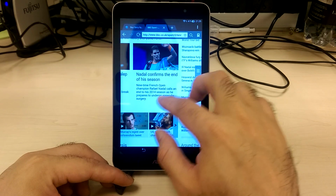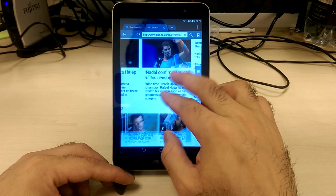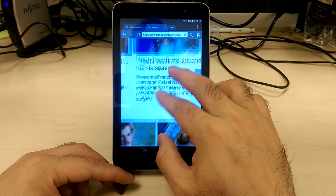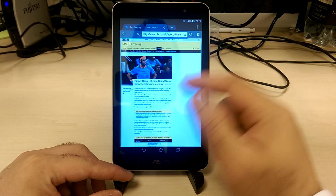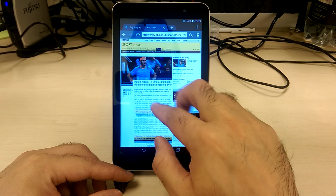Anyways, back to the stock browser again, and like I said, the stock browser on the tablet is much quicker to render. It's got a better touch sensitivity to it, and also the pinch and zooming function is much more responsive on the stock browser. Even the way the pages open up on the stock browser is a bit quicker than the Chrome browser,